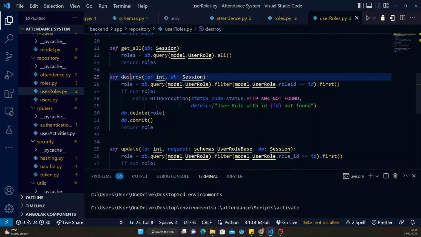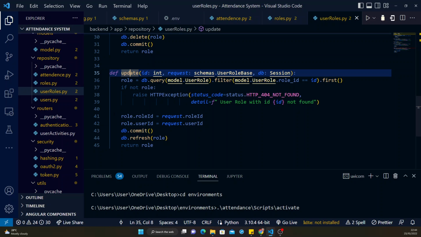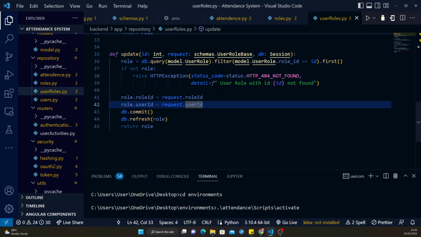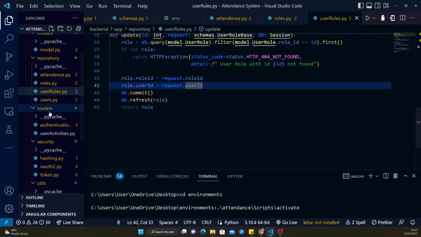I also have destroy and update a rule. With updating of a rule, you can update the user ID or the rule ID. Any of them that changes, the rule will be updated. So it means that I can have a logic to switch a user's rule from user to admin without any challenges. All right. So now that we are done